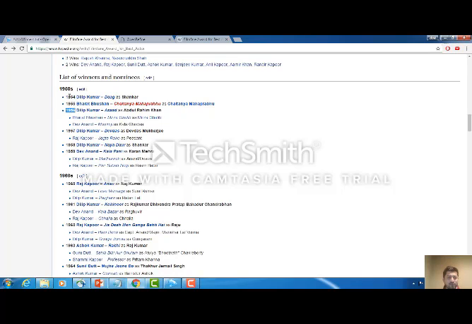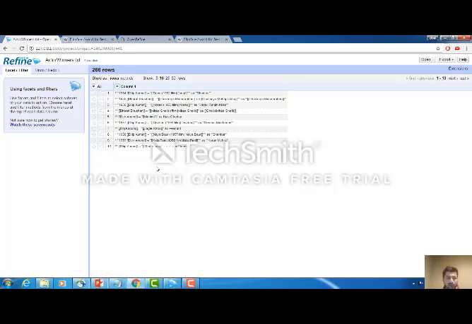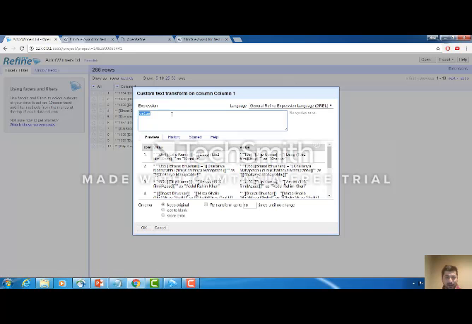Now we can see that we have a lot of bolded text in our data, so we don't need the bolded text. We can see that the bolded text has been encoded as a triple quote in my data. So I'll just use a transform option where I'll use a replace function to replace the triple quotes with spaces. So when I use this function, I'll get rid of those triple quotes, and hence my text would